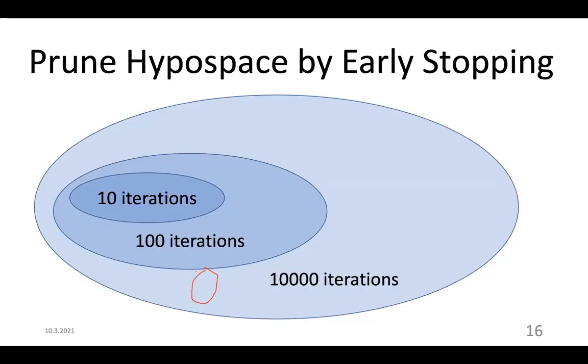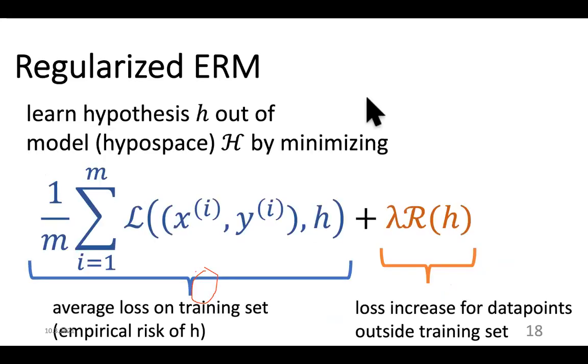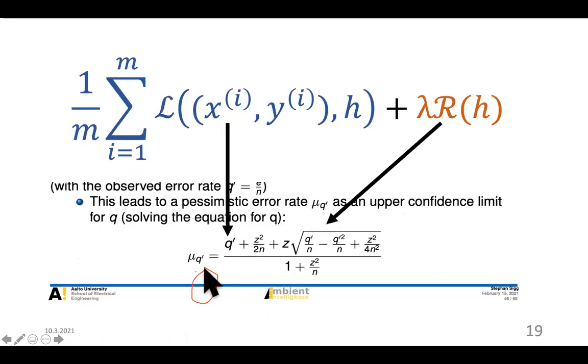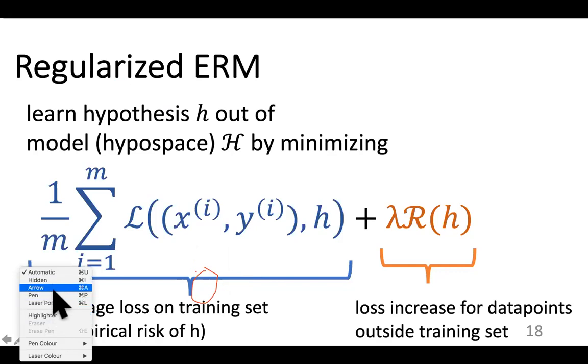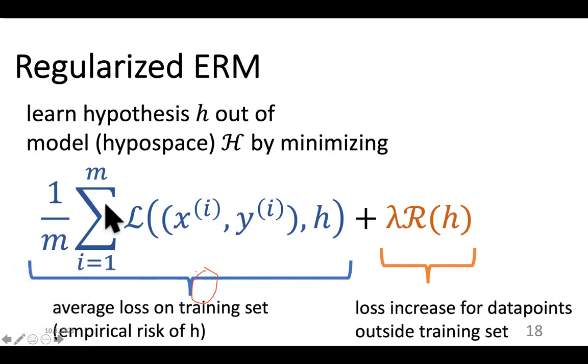But here in regularization, we do it by a different approach. We reduce the hypothesis space by adding a regularization term to the training error. So instead of minimizing only this training error, the average loss on the training set,